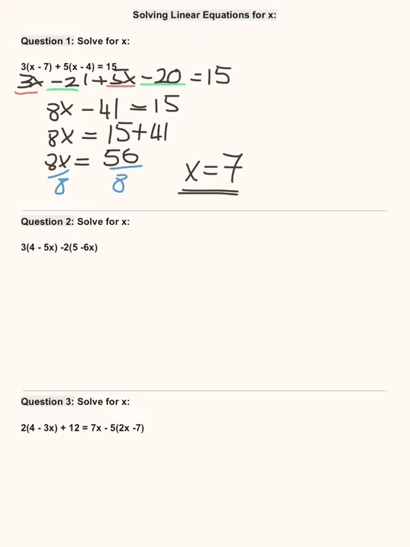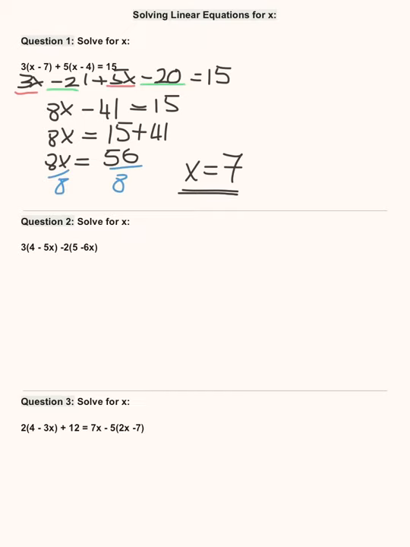Okay, so you can see now in the next two questions how it's the same process repeating itself. Multiply out the brackets, tidy up, and solve for x if you're asked to. Or sorry, if there's an equals present. So next question, question 2. I've got 3 times 4 minus 5x minus 2 bracket 5 minus 6x. So here there's no equal sign, so all we can do is simplify. I can't solve for x, I won't find a particular value for x, I can just simplify the expression that